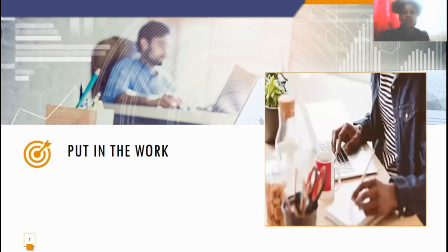Put in the work. Okay, guess what? Nothing will happen overnight, and no distinction will just drop in your lap like that. You have to work, and sometimes you feel as though, whoo, I've completed my exam and now I can actually sleep, and it's like a ton load. A weight is on your body, and all I want to do is sleep, because morning, noon, and night you have been focusing on your studies. You have been doing your work. You have been submitting,